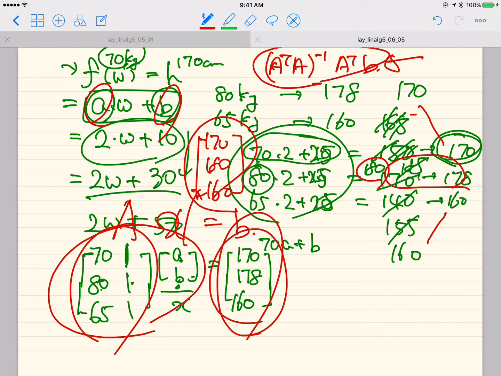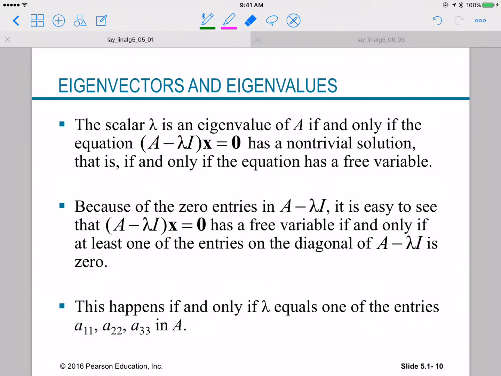And then you will probably learn about this linear regression maybe two or three times throughout your university life. But the algorithm to solve this linear regression is based on this least squares problem. Any questions? Okay, then